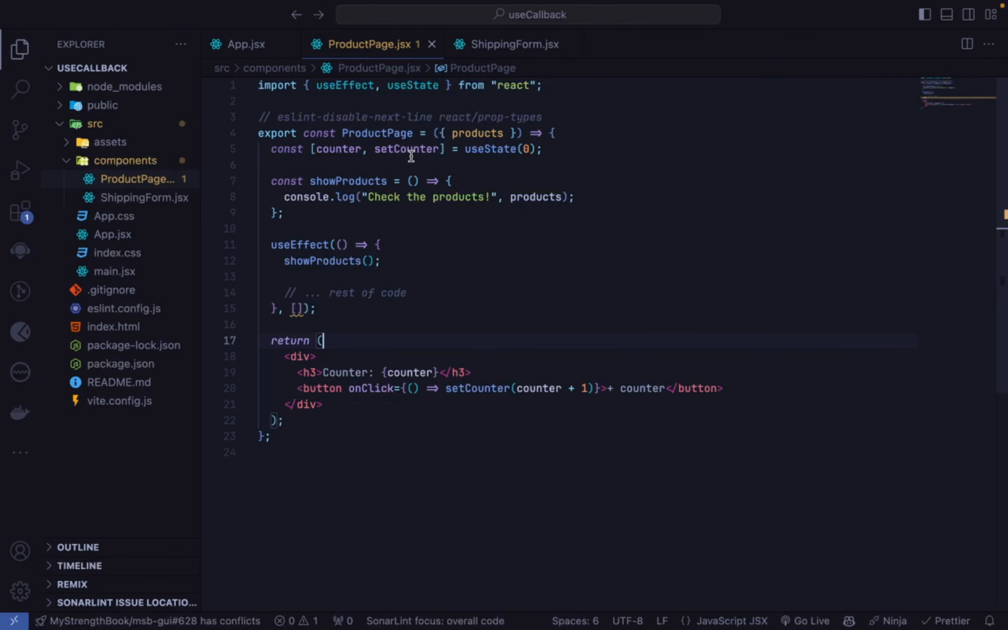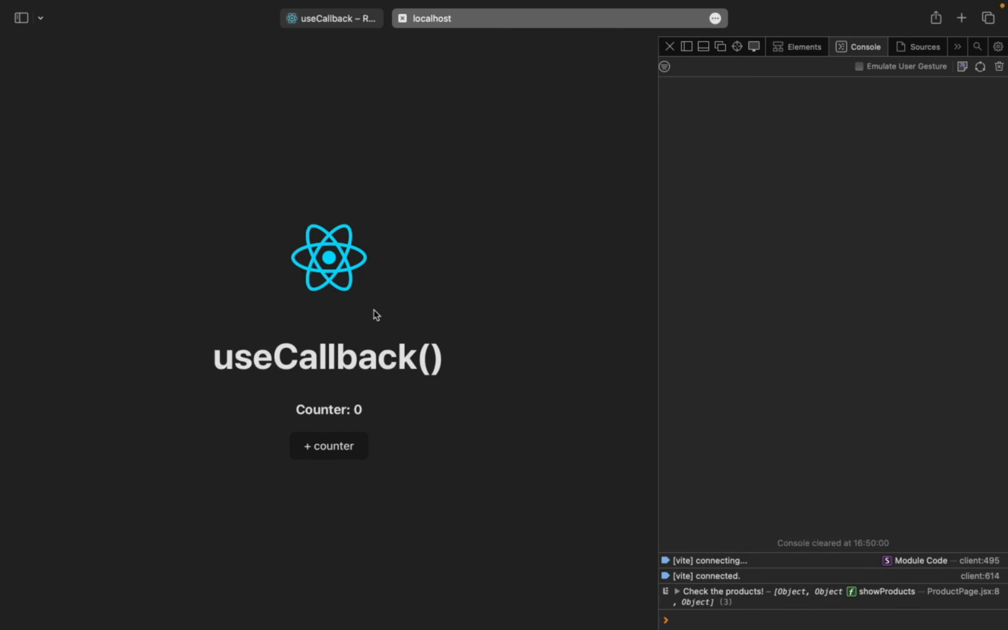Here we have again the ProductPage component. We just removed the shipping form and just left the counter, and now we have a showProducts function that just logs "check the products" and the products, and we want to show this when we mount the component. So if we go back to our application and refresh the page, we can see that the products are logged